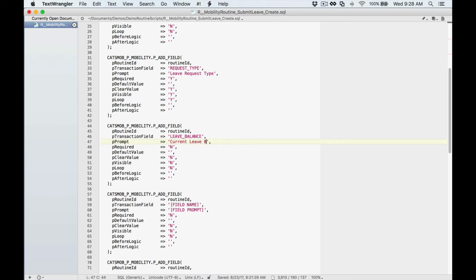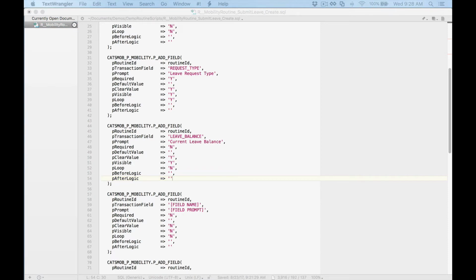And to the user, this is going to be current leave balance. It's not going to be a required field. I am going to clear it. I'm going to keep this visible, and we won't loop on it. And so essentially I continue to move down the routine and